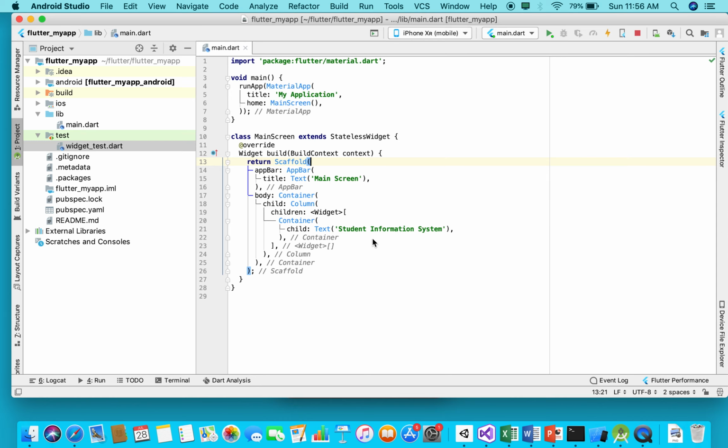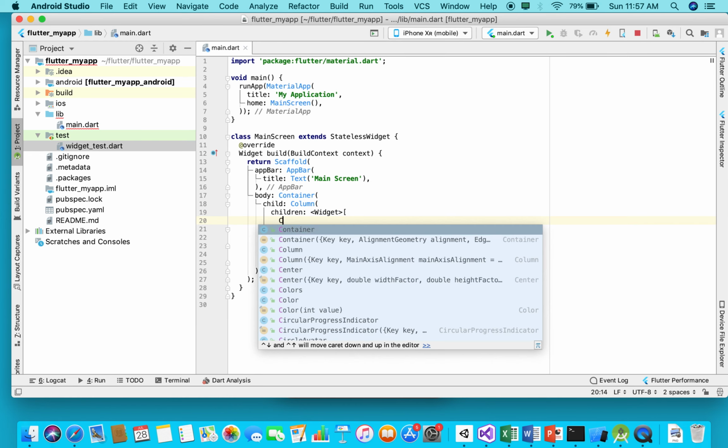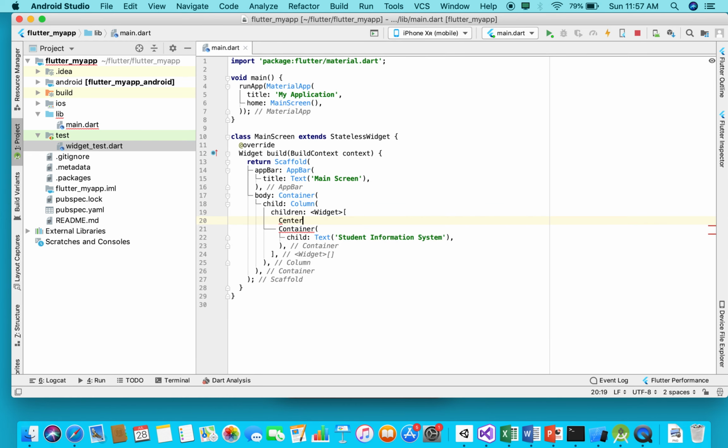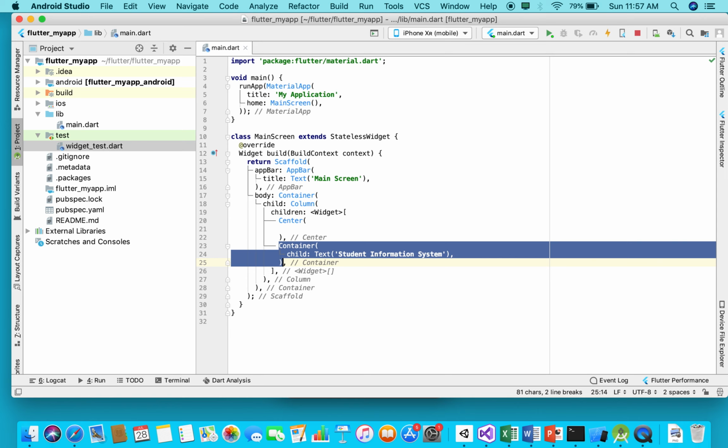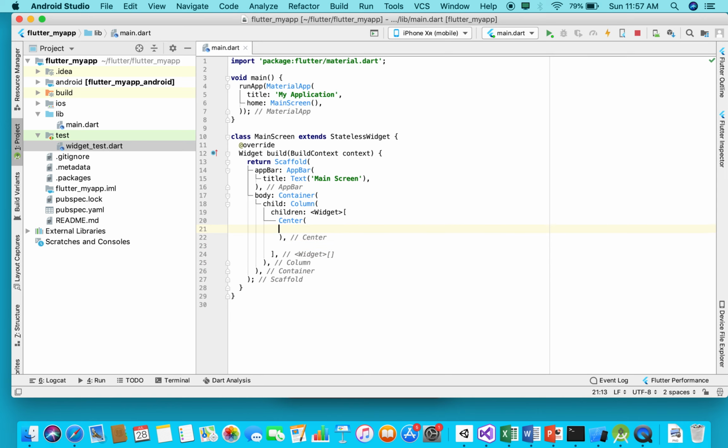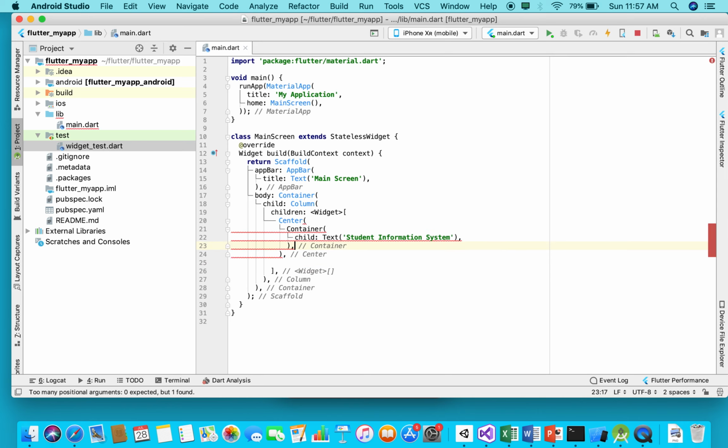So to make this one go to the middle, what we need to do is center, and here we have a Center. This is a container. So just copy the container and put it inside this. So this is something wrong, no problem. Center. Now we have